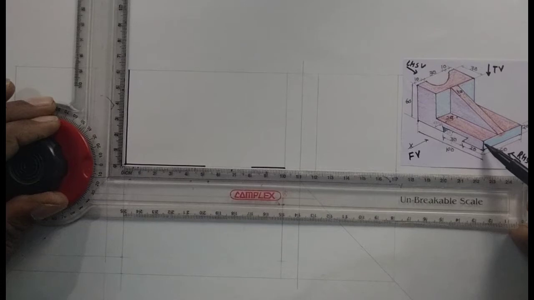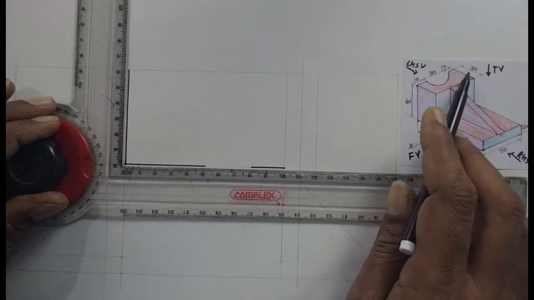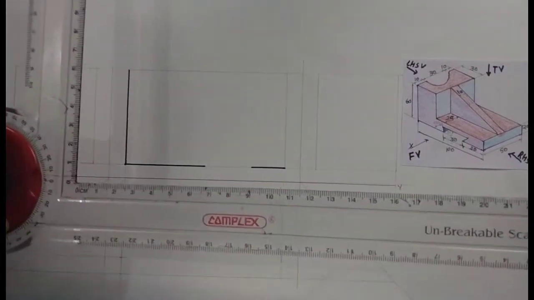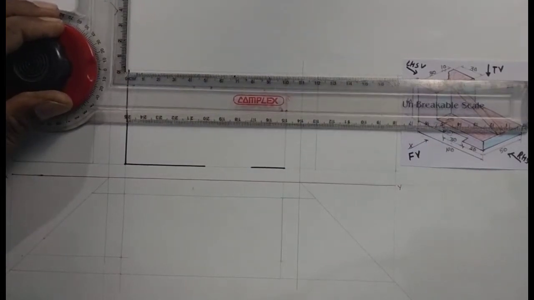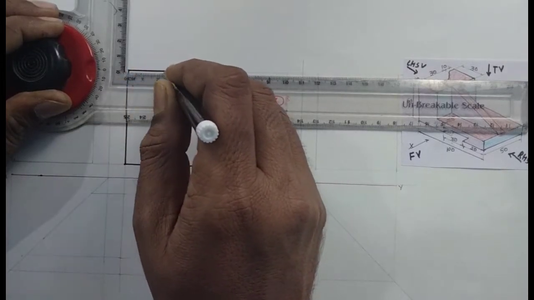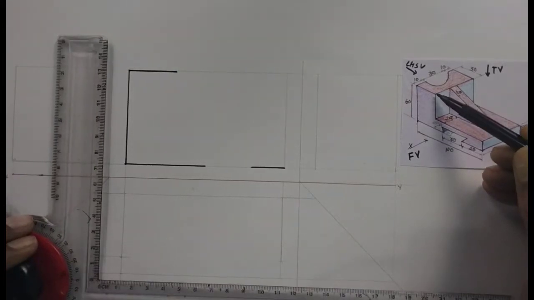Now this bottom plate height is given as 20 mm and this length is given as 30 mm. So from this top I move the 30 mm and I reach this corner.